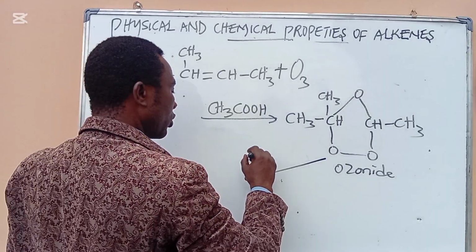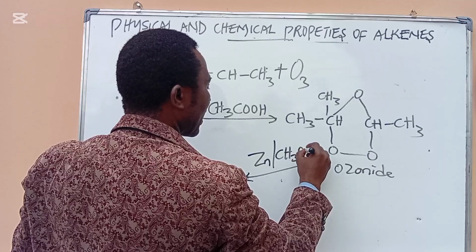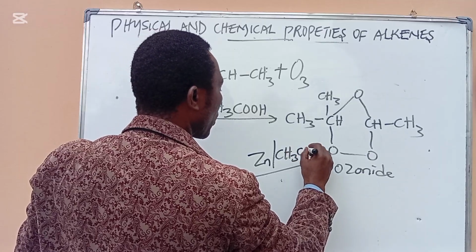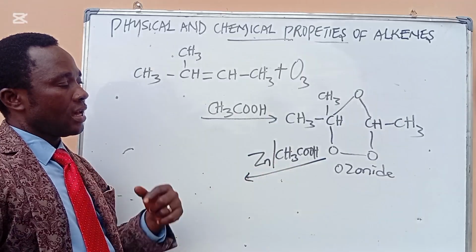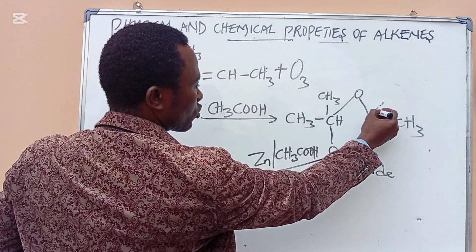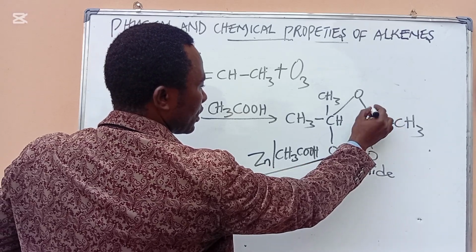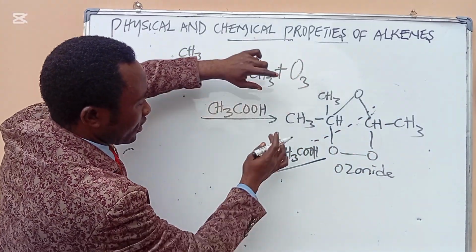So we put what? Zinc in what? In acetic acid. That is zinc in ethanoic acid. That is what I mean. The IUPAC name, zinc in ethanoic acid. Now once this happens, this ozonide will do what? We break. The ozonide will decompose to give us, what we have here is